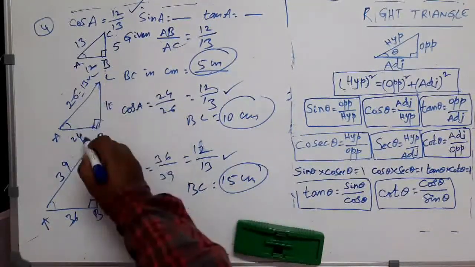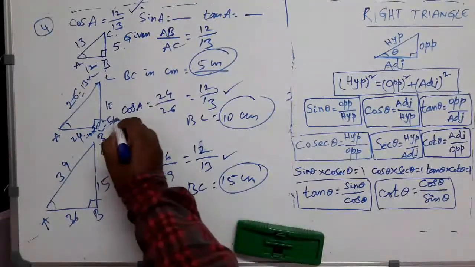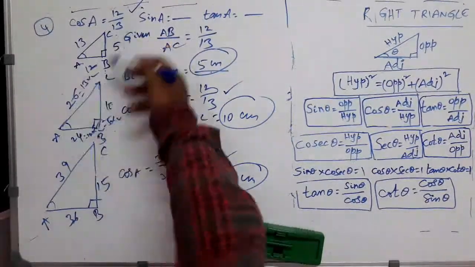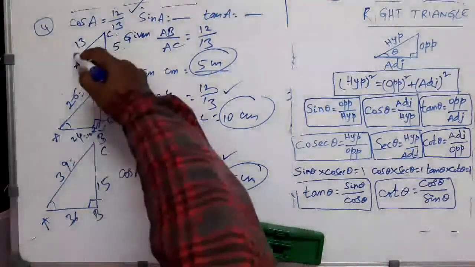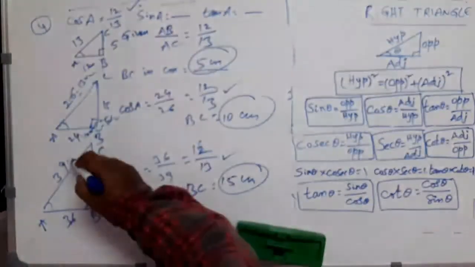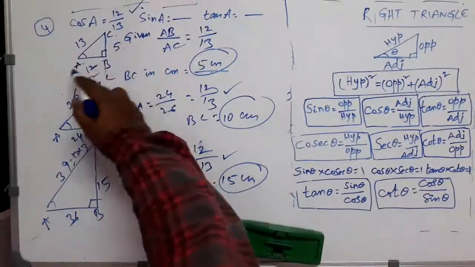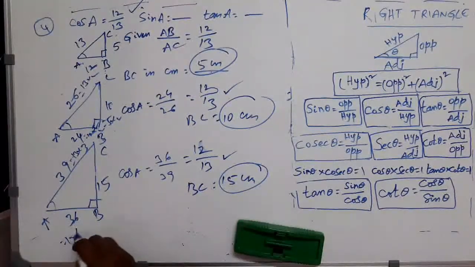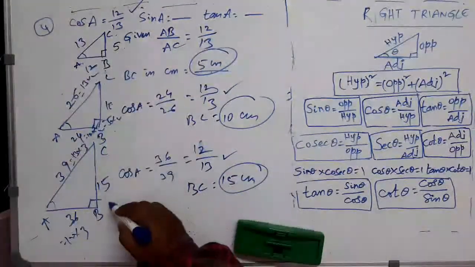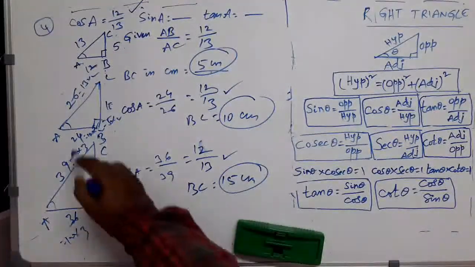You see what I have written here. This is 13 into 2. This is 12 into 2. This will be 5 into 2. That is 2 times the lengths of the sides of this triangle. See this 39. What is 39? Hypotenuse. This is 3 times, right? 13 into 3 is this. Adjacent side for this angle A is, in this case, 12 centimeters. In this case this is 36. 36 is 3 times of this. Here also this is 3 times. 5 into 3.